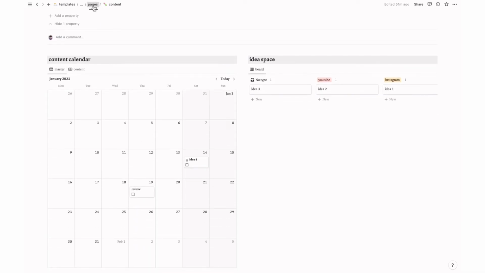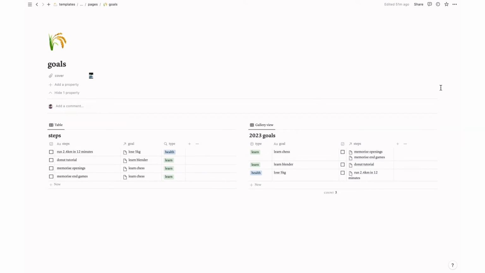Okay, now the goals page. My last goals template was a little sad, so I wanted to spice this one up. I wanted to be more intentional with my goal settings, so how I'd use it is like this. So add your goal here, say get a 4.0 GPA this year, and assign it to one of the categories, like academics. And then you can plan how you're going to achieve that by breaking it down into steps.